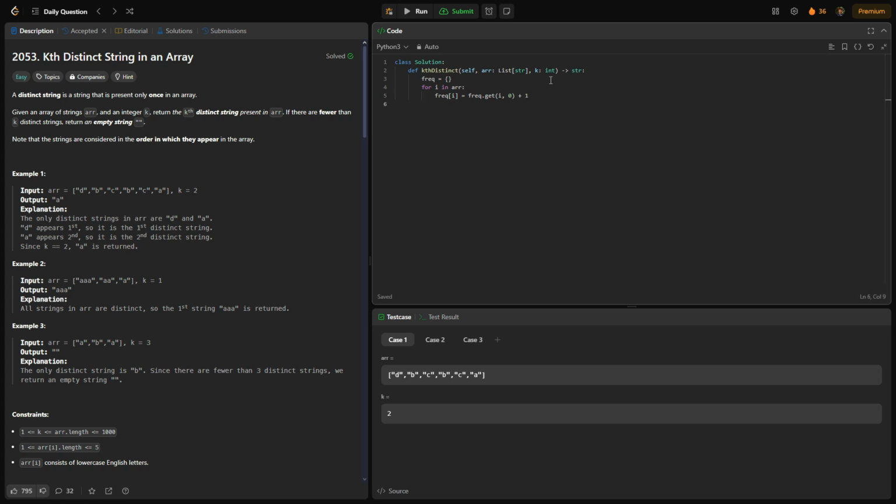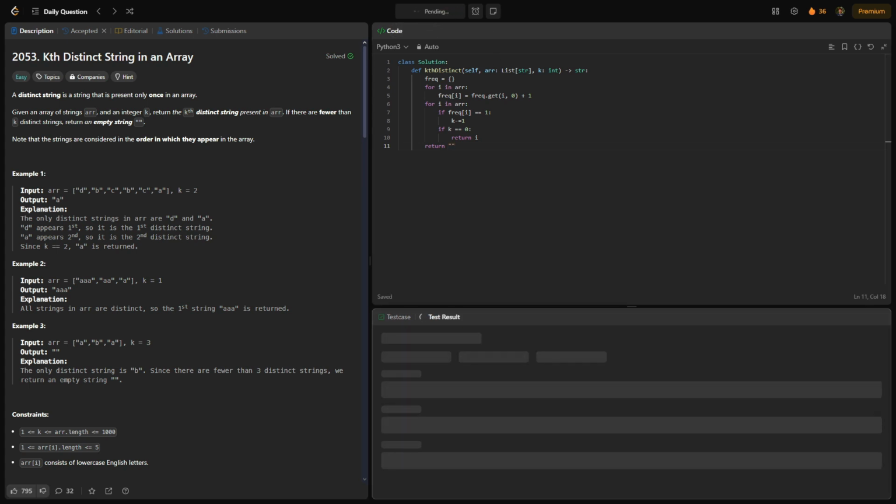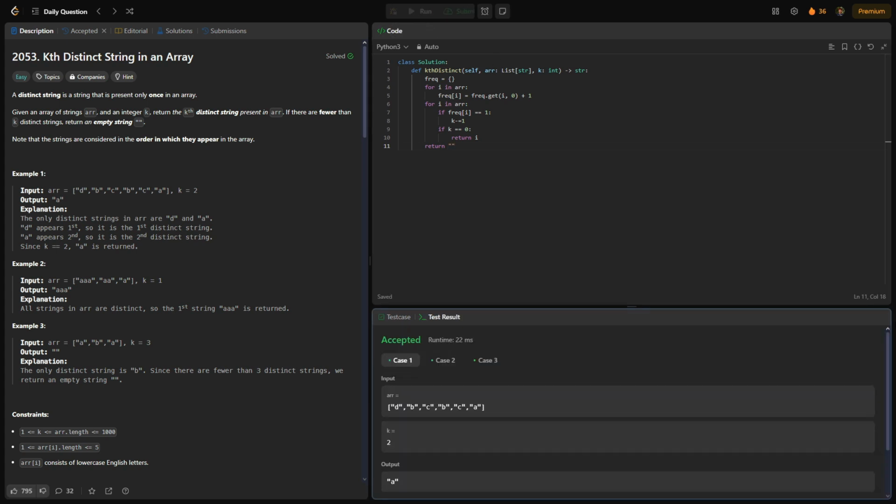Now that we have our frequency map, we can go through the array again. So for i in ARR, if freq of i is equal to 1, we can do k minus equals 1. And if k is equal to 0, we can return i. Otherwise, we will return an empty string. So if we run this, it passes our test cases, and if we submit it,